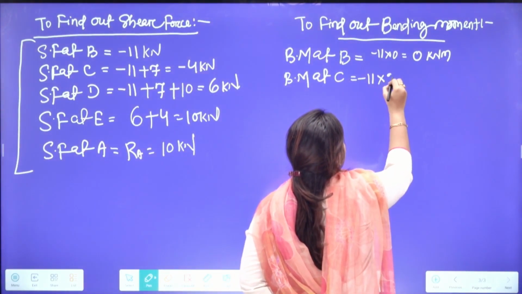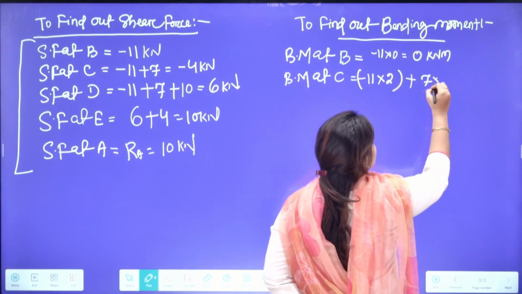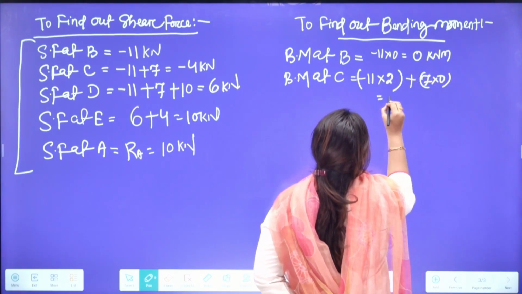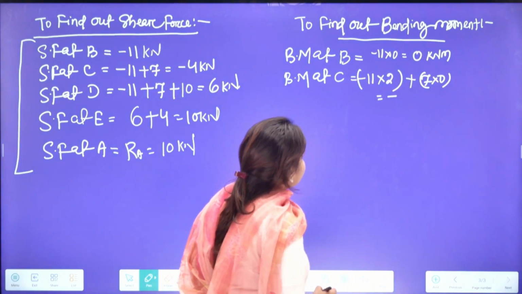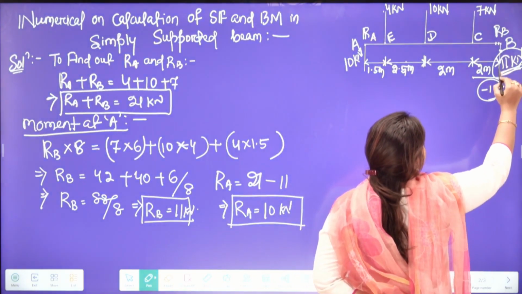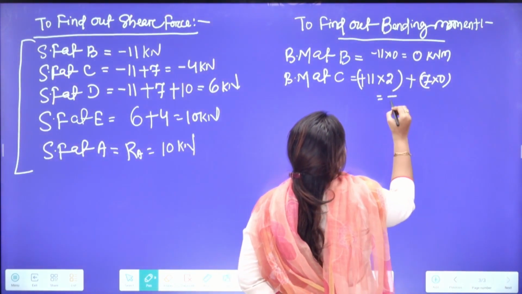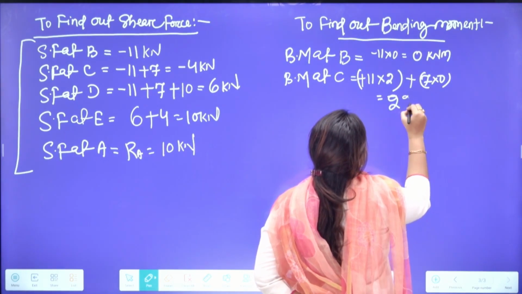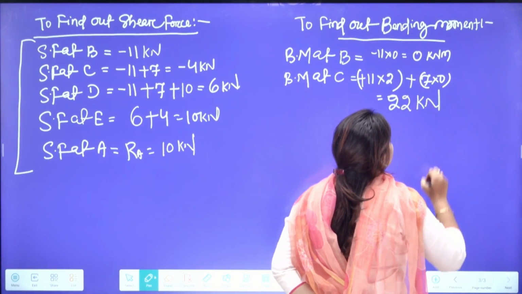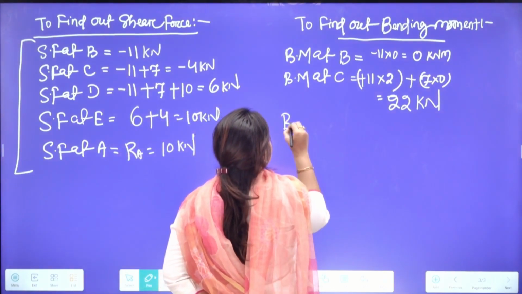Minus 11 into 2 plus 7 into 0, that is 0. So, we will have, here you are having the reaction force that is in positive, so positive, that is 22 kilonewton. Okay. Bending moment at